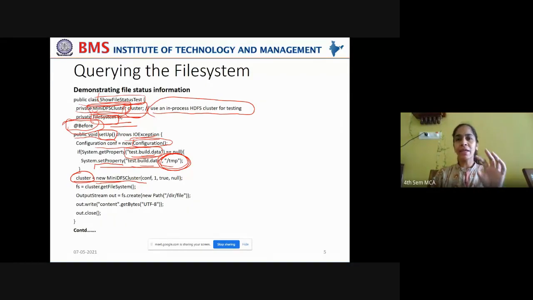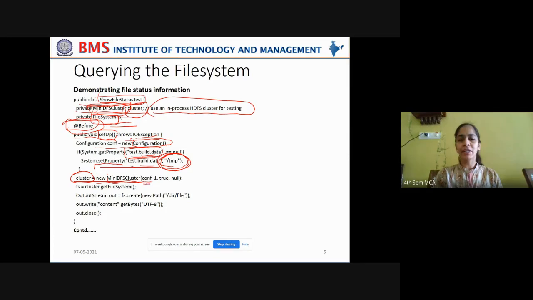MiniDFSCluster, again I'm repeating, you're trying to set up one single data node on a cluster in order to perform testing of this Java implementation at a smaller scale. Now when you're creating this MiniDFSCluster, what parameters do you pass?